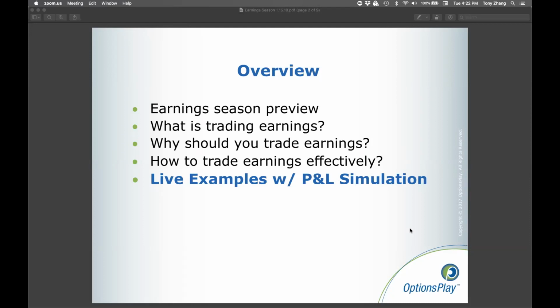so that you can quickly identify which one of these strategies is suitable for you, and more importantly, showing you a tool that allows you to become self-sufficient in being able to analyze these strategies so that you can start picking different stocks that have earnings coming up and be able to evaluate strategies on those stocks within just a few minutes to be able to quickly leverage that into an options play with limited risk. So let's go ahead and jump into that.